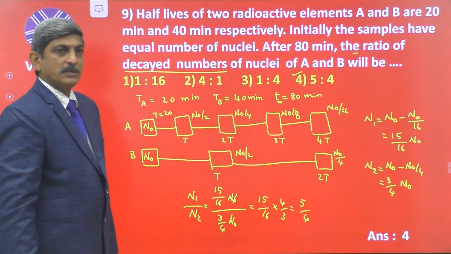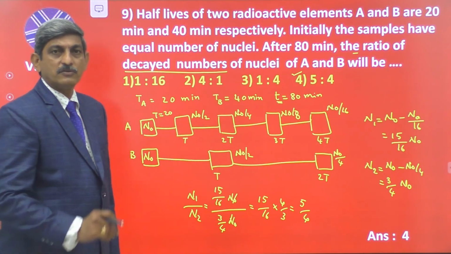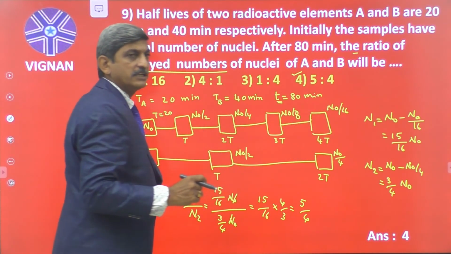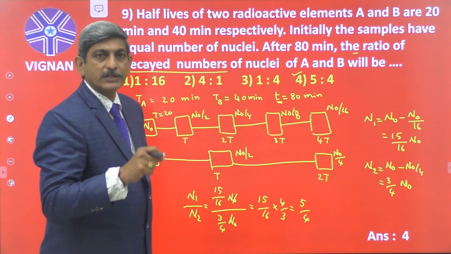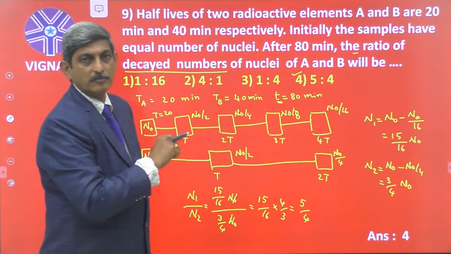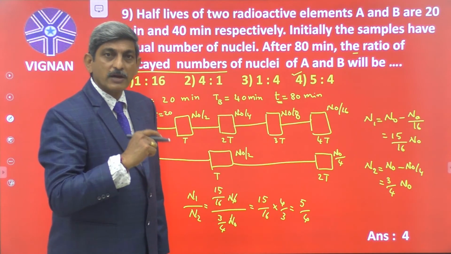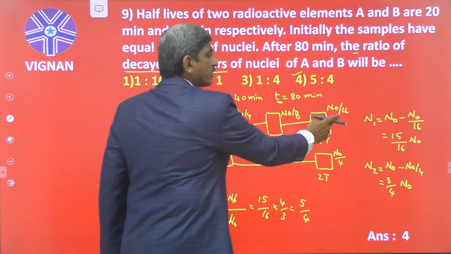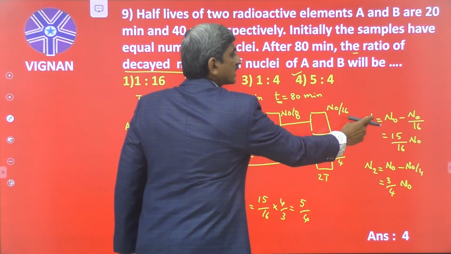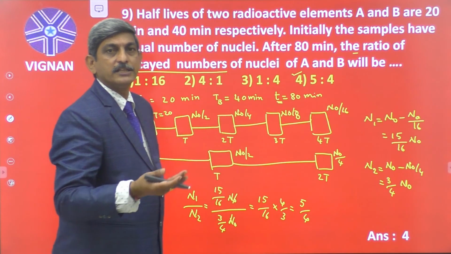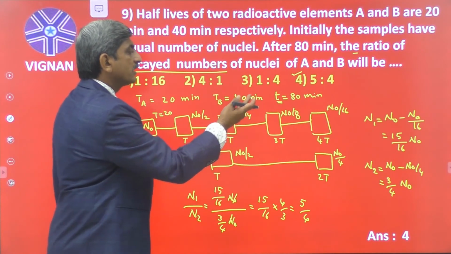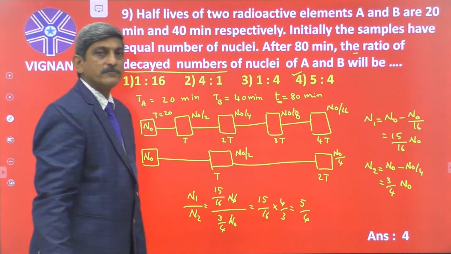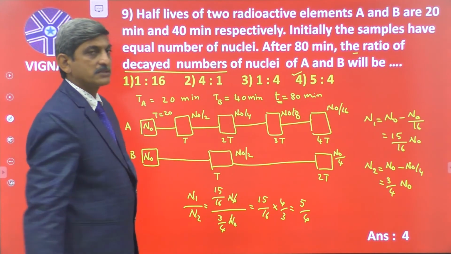Right? Here, don't be confused. While solving the problem, after the given half lives, we get the remaining number of the radioactive nuclei present in the sample. But in this problem, the number of the nuclei decayed is asked. That's why first calculate the remaining number of the nuclei present. After that calculate the number of the nuclei decayed in the given sample. By calculating that number of the nuclei decayed in the first sample and the second sample, we can determine the ratio of the decayed nuclei in the 2 samples. Okay?